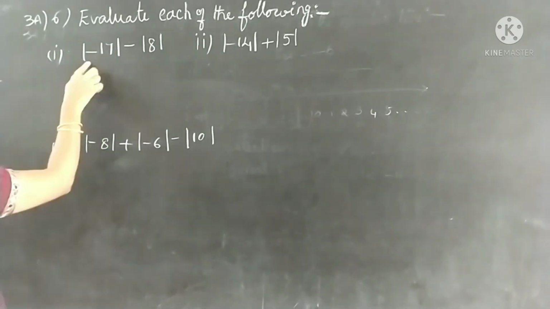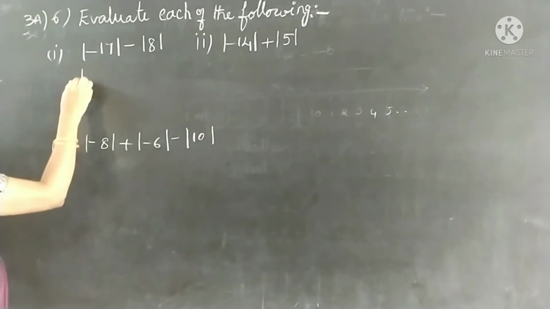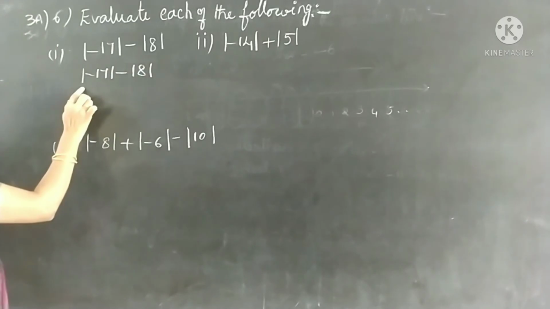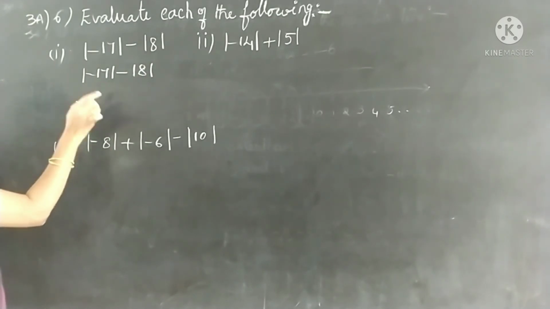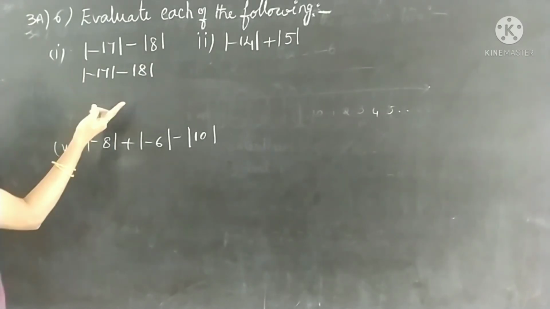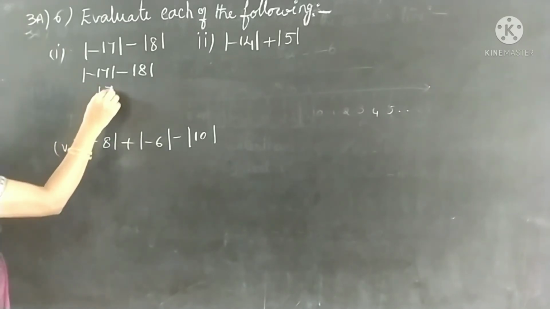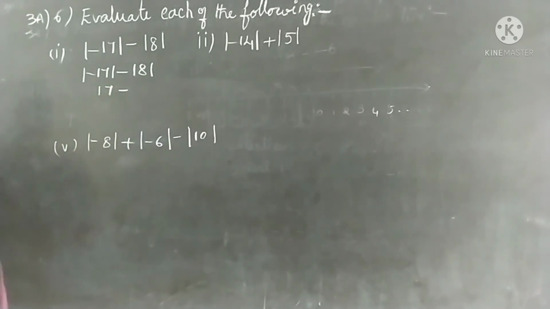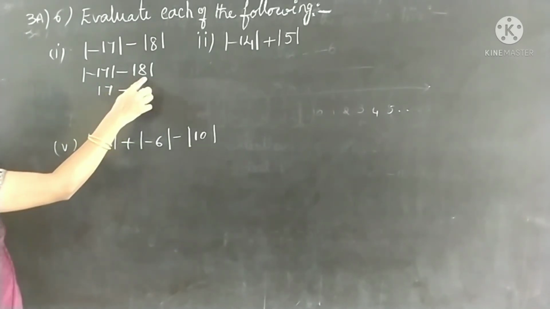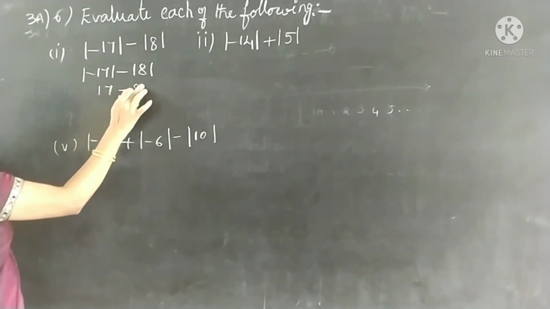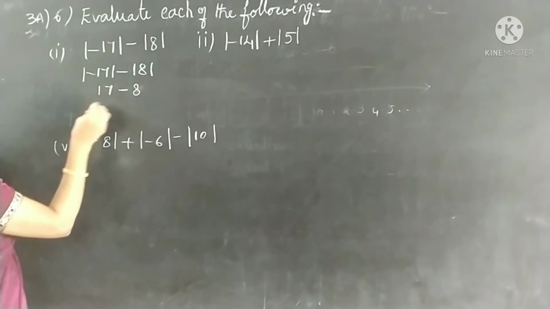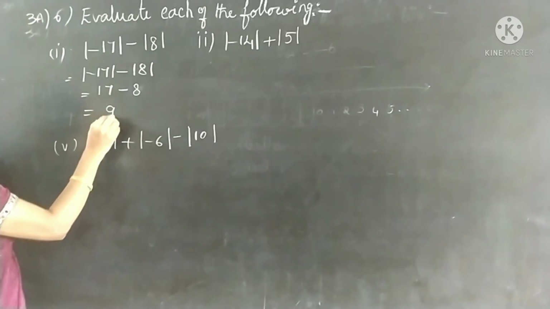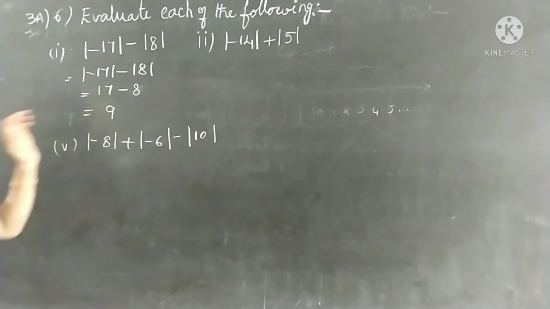Now -17, -8. So once again write down the given number here. Mod of any number will be that number only. If you have the negative also, it will be converted to positive. So you will get 17. You carry the sign here. Minus is there, now give the minus. Mod of 8 will be 8. Subtract this one. 17 minus 8 will be 9 here. Understood?